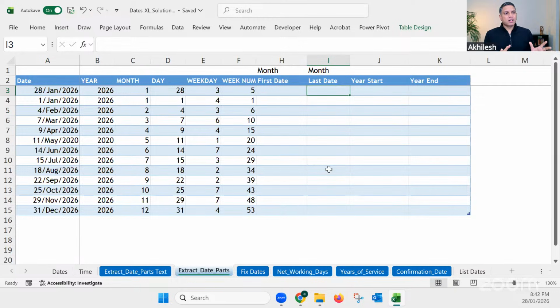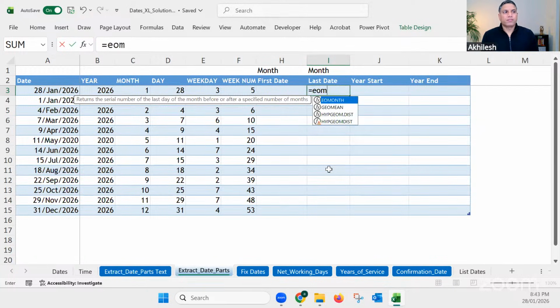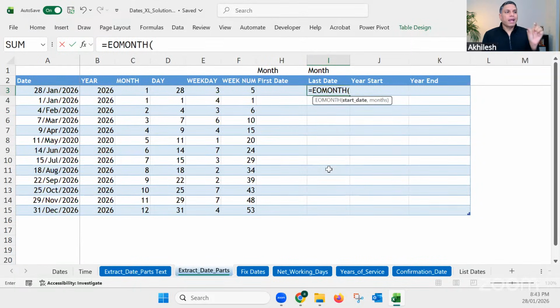So there is a ready-made function here. The ready-made function is EOMONTH. How do we say it? End of month. So this function gives you the end of the month. How do you need to use it? First, it is asking for your current date, whatever the date is. So let's say this is the date which I am referring to, and based on that date, I want to calculate the month end. Then the second argument is also very important, the months. What do you need to put in the months? You need to put 0